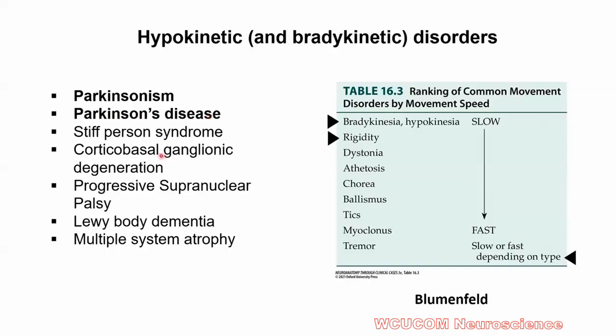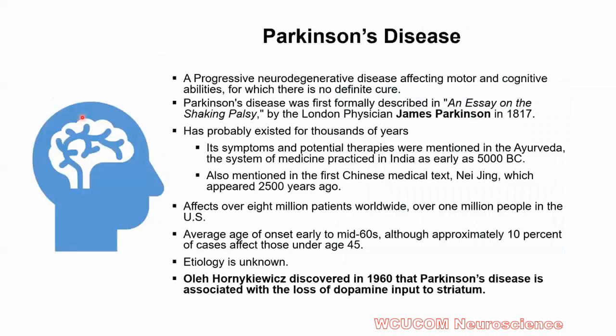Now, speaking of the other syndromes here, some of these are the so-called atypical Parkinsonian syndromes, where there is Parkinsonism plus a whole bunch of other manifestations. And these, for example, progressive supranuclear palsy, Lewy body dementia, and multiple system atrophy need to be, in fact, differentiated from idiopathic Parkinson's disease. So with that,